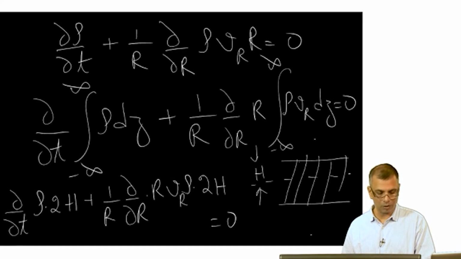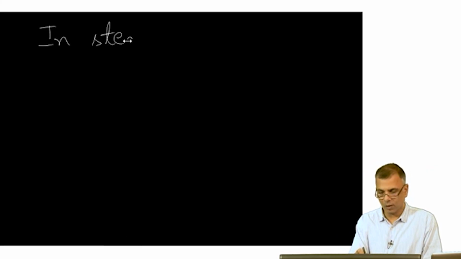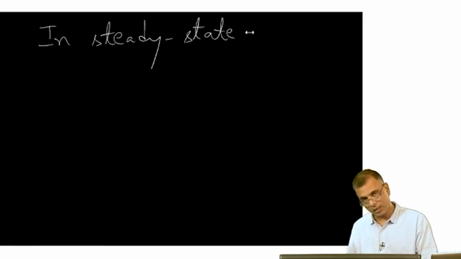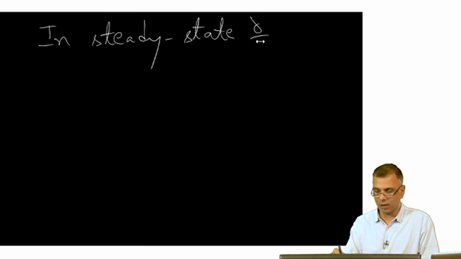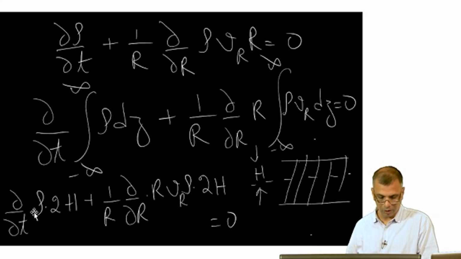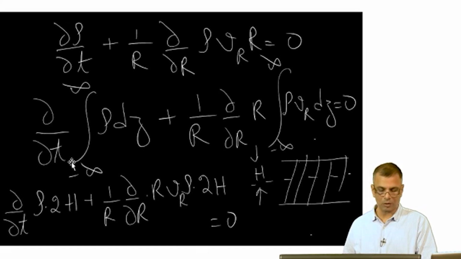And now what happens is, I consider steady state, and you remember what we mean by steady state, right? Steady state simply means that according to the observer in the lab, there is no time variation. In other words, the partial d partial t goes to 0. So in this equation, I simply throw away this entire term and I only worry about this term. So if I do this and I integrate over r, this essentially yields